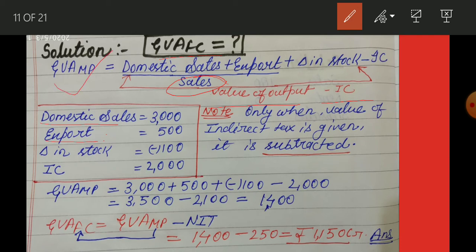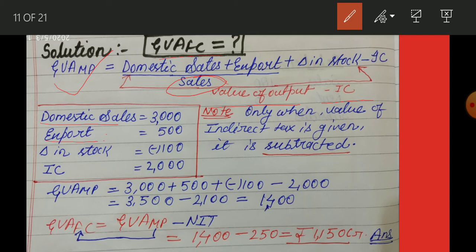Okay, so let me start. The value of domestic sales is 3000, export is 500, change in stock is minus 100, and intermediate consumption is equal to 2000. First of all, note the equation. According to that, you will note down all the values that are given in the question. Okay, so when we put all these values,